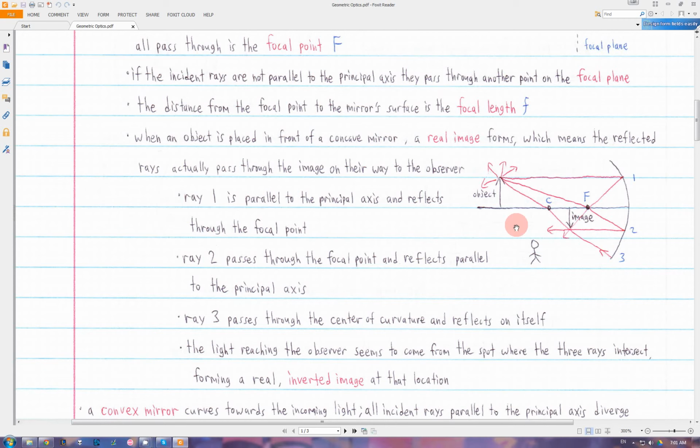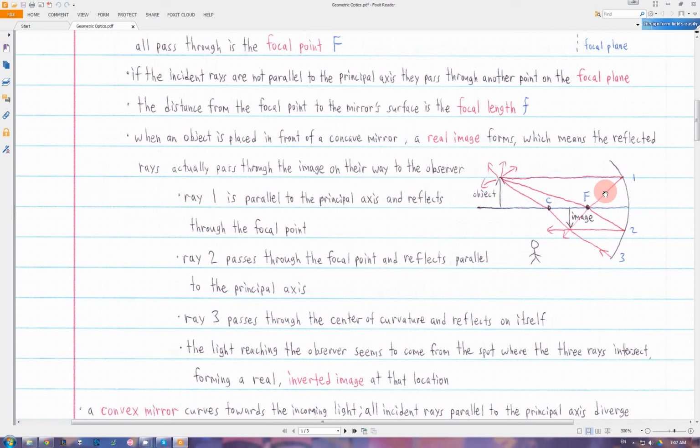And the fourth ray that's easy to draw is a ray that goes from the object and hits the mirror at its center, which is also called the vertex. Now, a ray that hits at the center is going to be reflected at the same angle from which it hit the mirror. Of course, this is just the law of reflection, so you can see the normal line at this point, the vertex, is just the principal axis. So whatever angle the light ray makes with the normal when it hits the vertex is the same angle it's reflected at. So whenever you have a ray diagram, you're going to try to draw those 4 rays